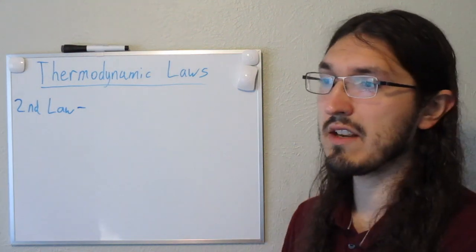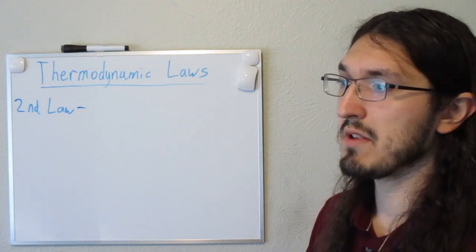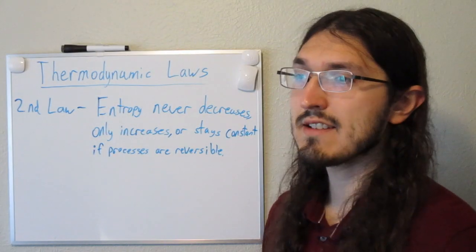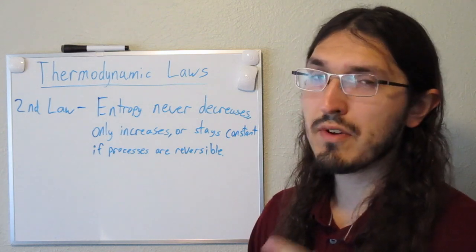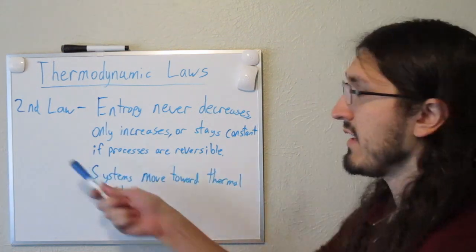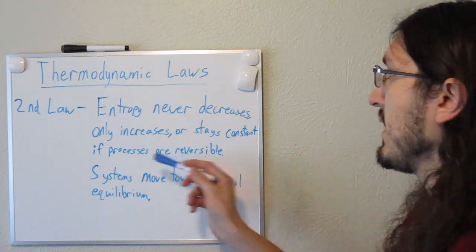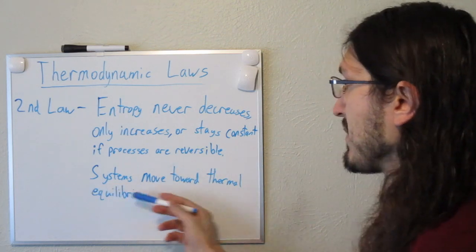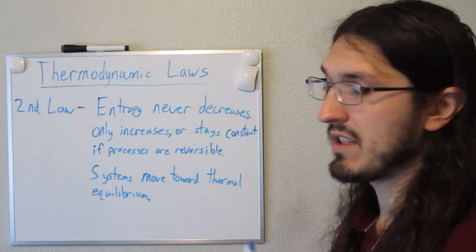So over time, in a closed system, things can get more disordered because entropy increases. Or in other words, there can be more possible states as time goes on. Okay, the 2nd law also states that systems tend towards thermal equilibrium, which means that temperatures move from hot to cold until the temperature equalizes and then they become the same temperature. Okay, so here's my 2nd law written out. I'm going to review it one more time. It states that entropy can never decrease, only increase or stay constant if processes are reversible, and systems move towards thermal equilibrium, which means that temperature moves from hot to cold until they become the same temperature.